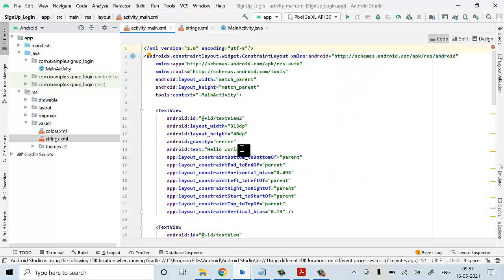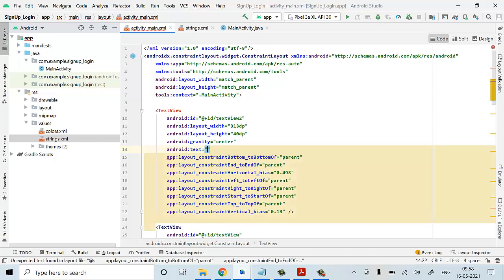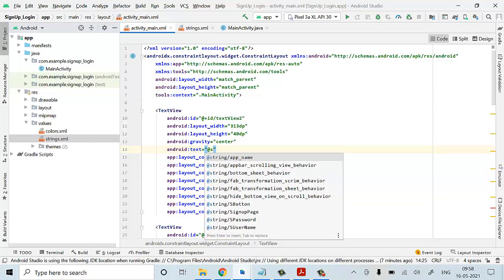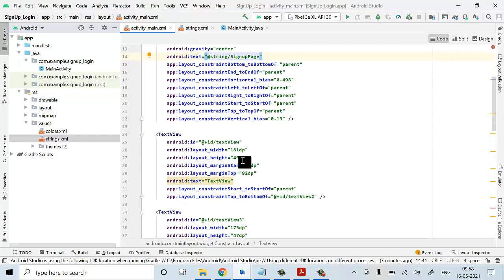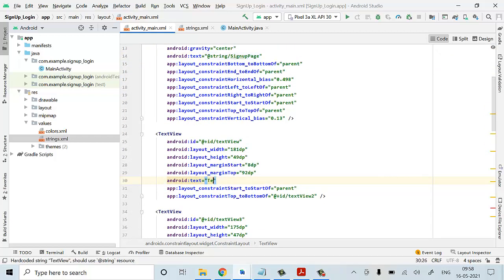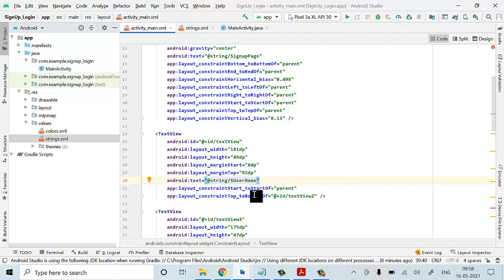you can change it. Now here it is hello world. You can do it at sign up. So here we can have sign up page. Okay, we got it, a sign up page. Now we have to write here a name, username. So again I'll click at, yes I'll click, you can check it out here, sign up page, we have s username. Now we got it, string username.